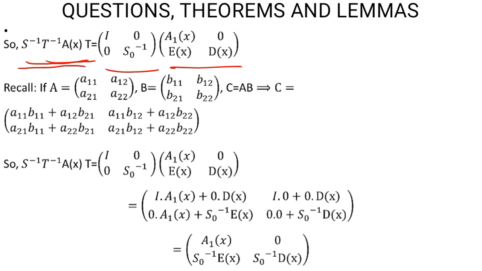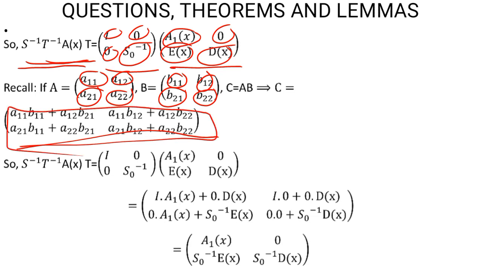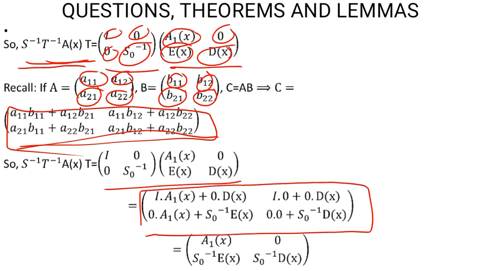So using that same formula we had used before, we know what I will be A11, 0 is A12, this 0 is A21, S naught inverse is A22, and A1X is B11, 0 is B12, EX is B21, and DX is B22. Okay, so if you substitute it back into the rule for the multiplication of 2 by 2, it's expected that when you substitute and multiply it carefully, you should get what you have here. Noting that A11 is your